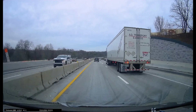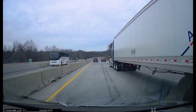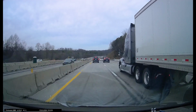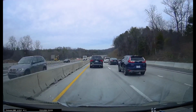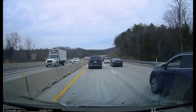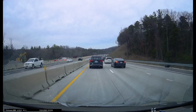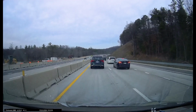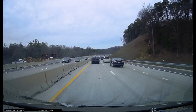It does appear that this section is getting close, but if you look over there where the excavator tracks are, it does not look wide enough right there yet for all four lanes plus shoulders. So I think they're still building up that side a little bit. It will be